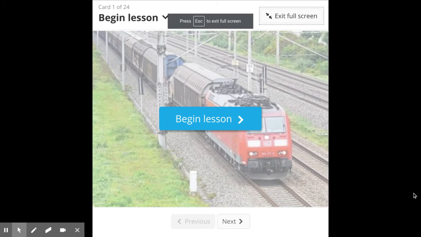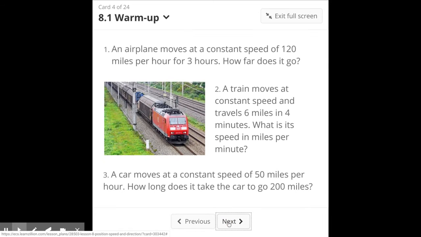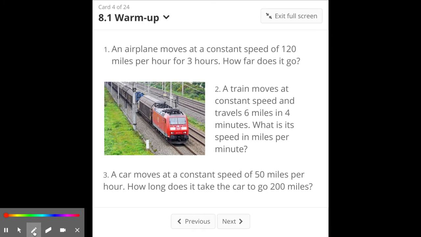Okay, today we are working on Unit 5, Lesson 8, which is position, speed, and direction. We're going to use signed numbers to represent movement. For our warm-up, an airplane moves at a constant speed of 120 miles per hour for 3 hours. How far does it go? So we can take that speed of 120 and multiply by the 3 hours, which will give us